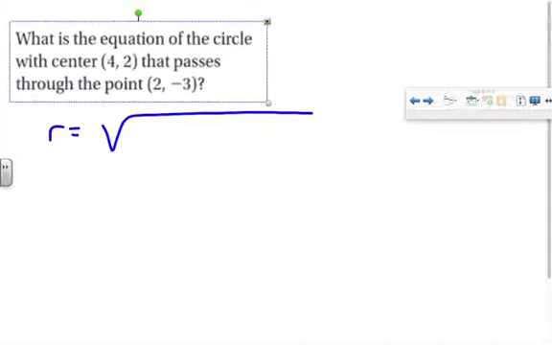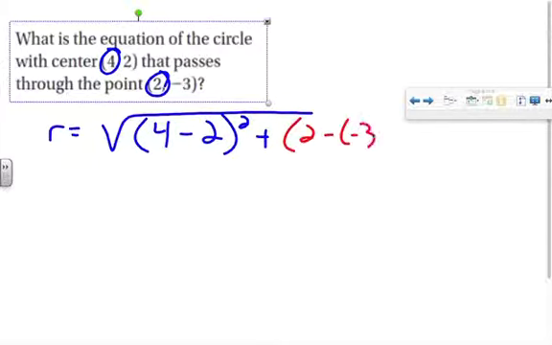So a little bit of practice with distance formula for those of you that haven't seen it before in regular geometry. Okay, so 4 minus 2, that's this minus this, squared plus 2 minus negative 3,